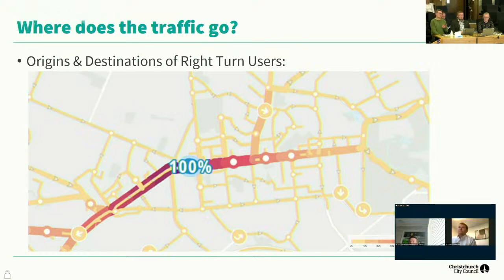So back in the other thing, you'll see that in terms of adding up the traffic, it didn't add up to 200, and that's simply because this diagram here shows TomTom data, which we've used to determine where everyone using the right turn is coming from and going to. Now, this is summarised across the whole day, but what it's showing is that